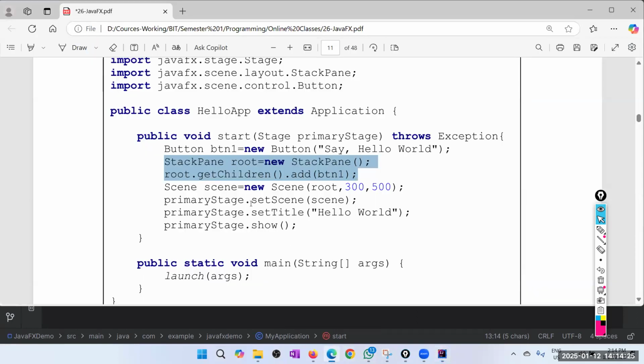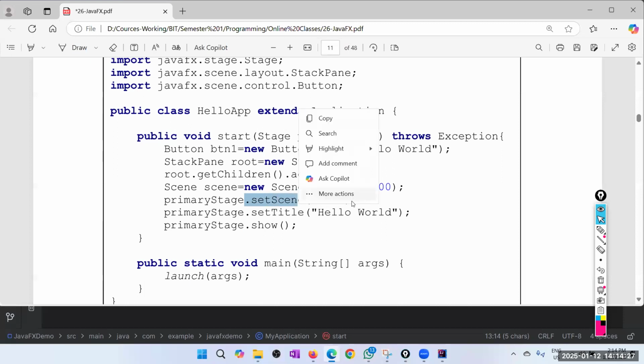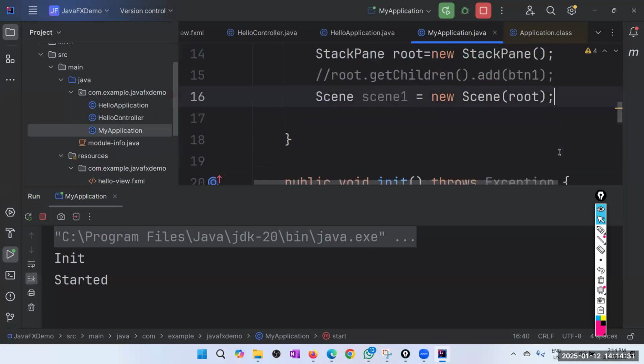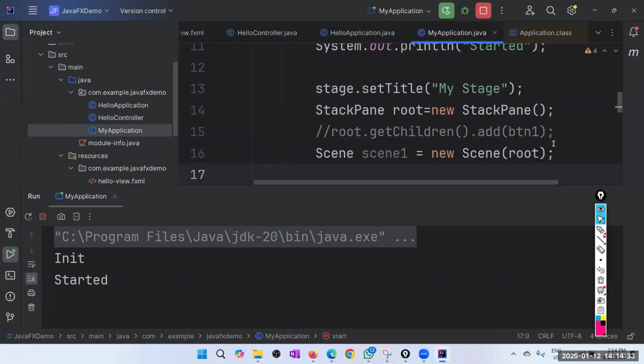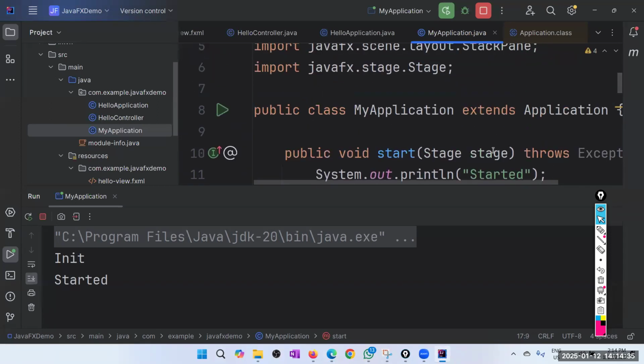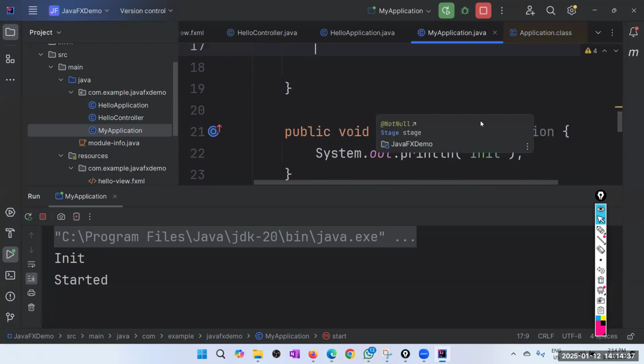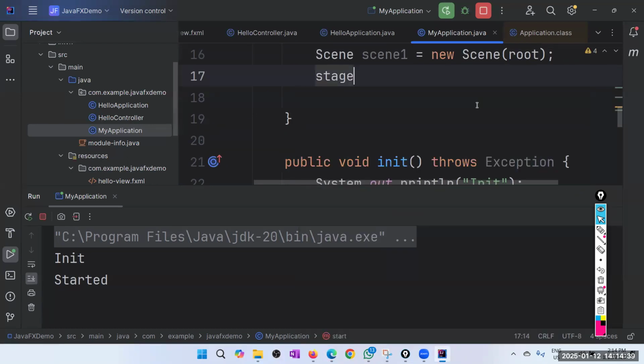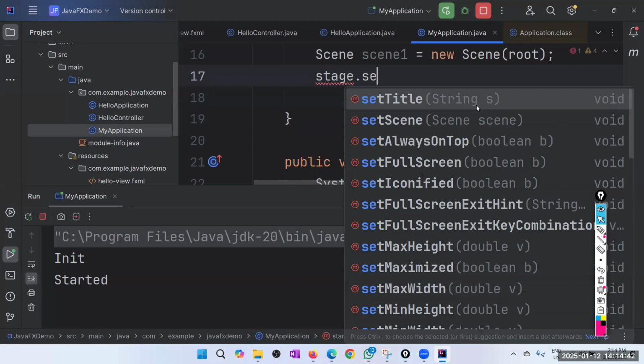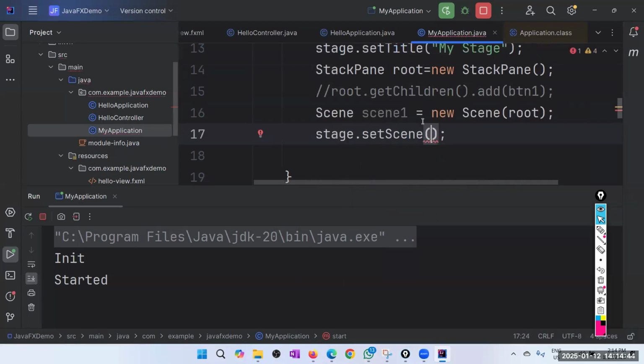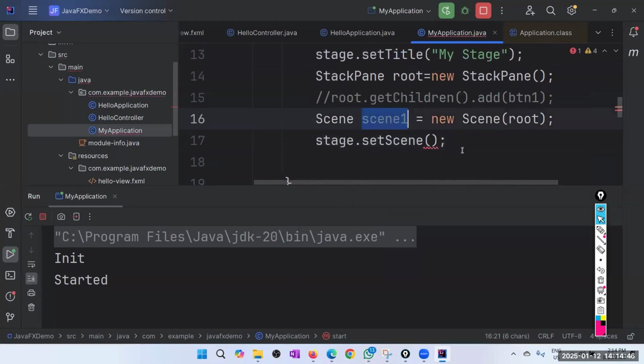You need to call the set scene method, right? Set scene method. Okay. Right. So let's do that. So my stage is stage, which is the parameter, stage dot set scene. So it's expecting a scene object. I will send my scene object, scene1 object. Right. Still my stage is not shown. Now if I run it